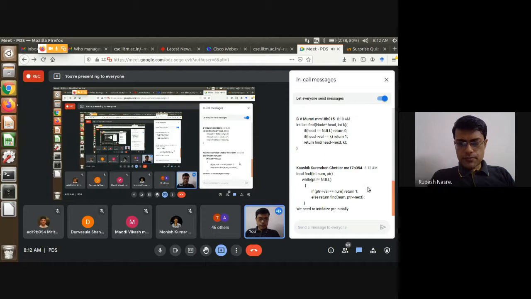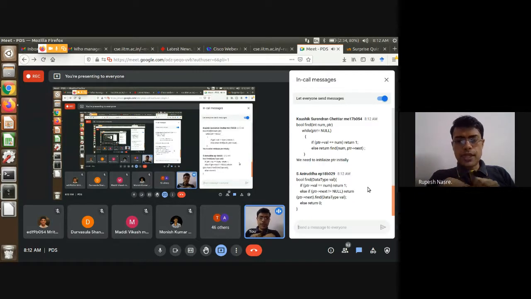Kaushik has written, we'll find it from ptr while ptr not equal to null. Okay, so there is a small issue here. This is a good attempt, but the issue is that the recursion already takes care of the looping, so we don't need the while loop.